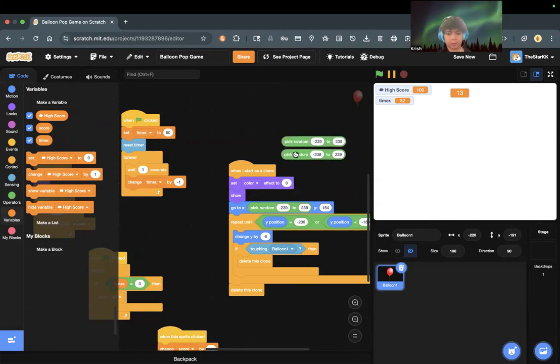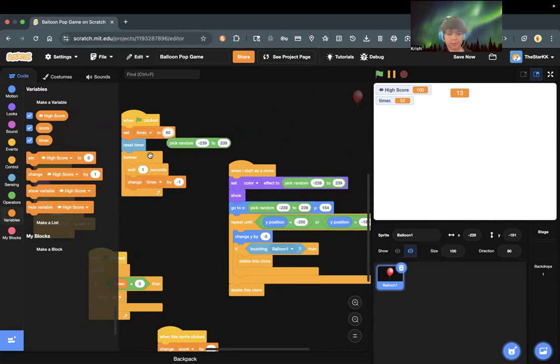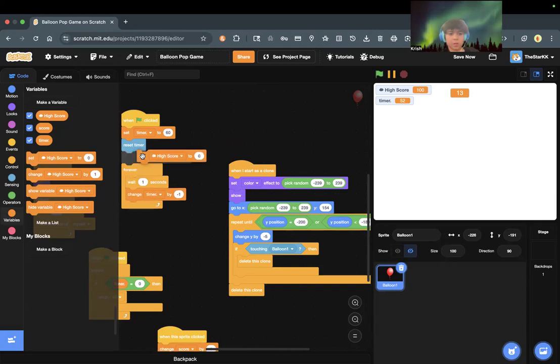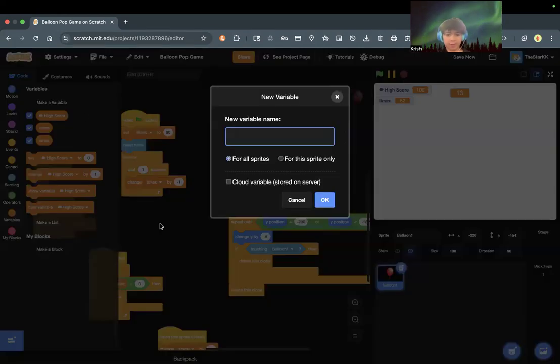Our first problem is that if we do this, there would be two different numbers. So we have to get around that. First, we have to create the variable, name it